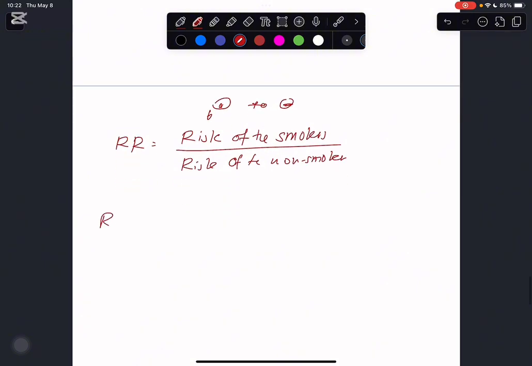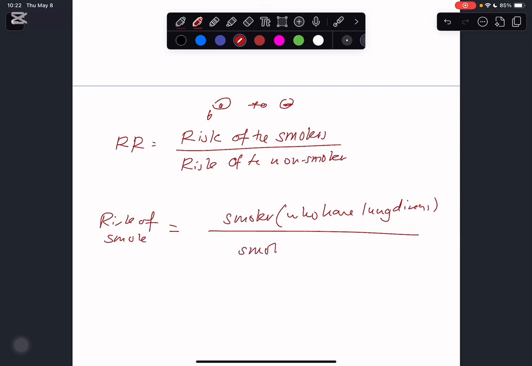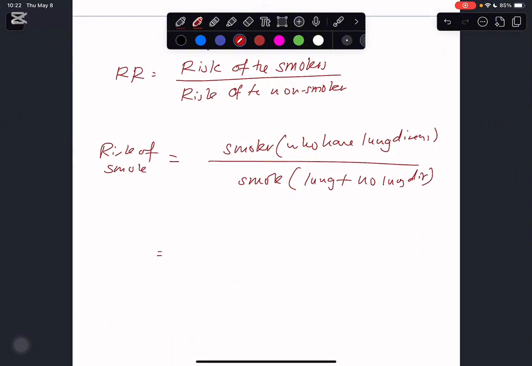الحين أبى أطلع the risk of smokers. كل واحد يقعد يحسبها الحين بروحه. So the risk of smokers is the smokers who have the lung disease, okay, over the smokers both that have the lung disease and no lung disease. The smokers who had the lung disease كانوا 90 شخص over the smokers who had lung disease بعد, 90 plus 60. أنا جبت هالأرقام من أي تيبل؟